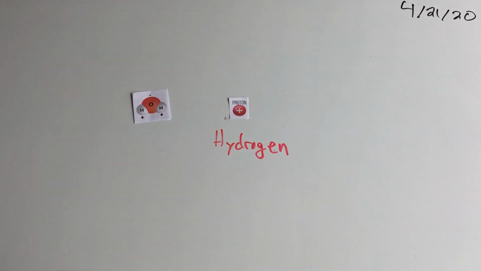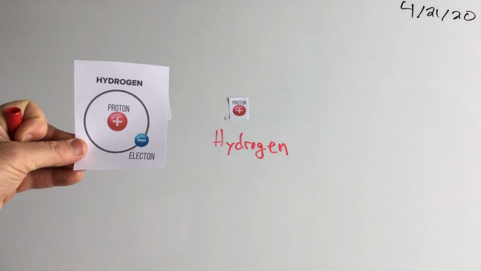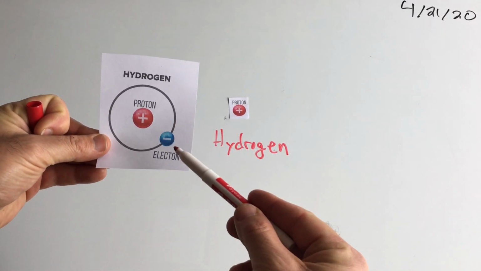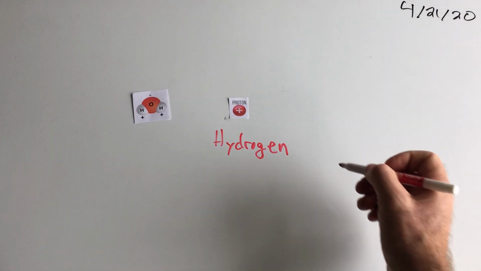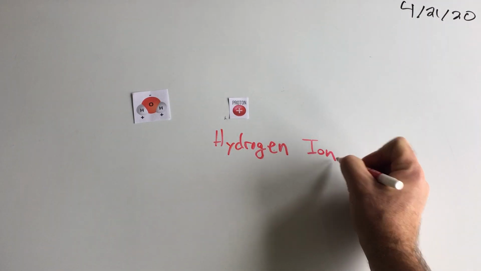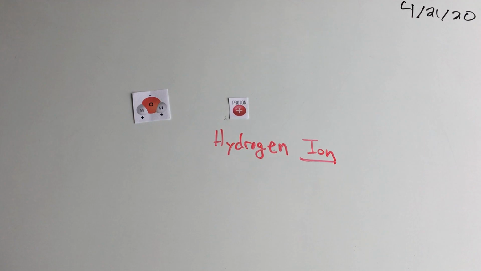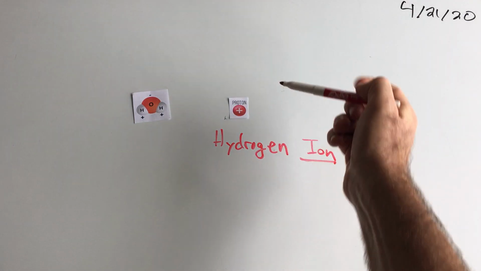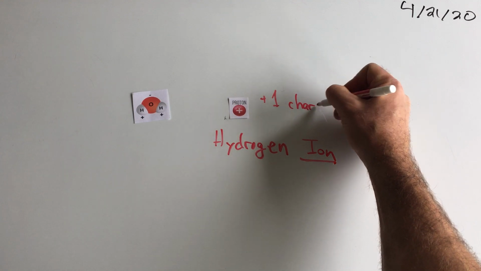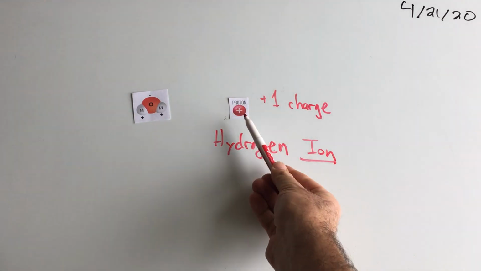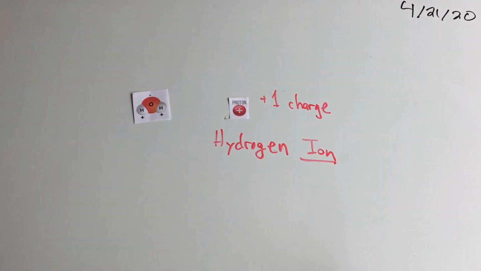Now, if I just say hydrogen, then this is what I'm talking about: one proton with an electron. But this doesn't have an electron. Oh, so it is a hydrogen ion. An ion is anything with a charge. In fact, this has a charge. It's a +1 charge. Because it has one proton, one positive piece, and nothing blocking it. It doesn't have any electrons blocking that positive charge.